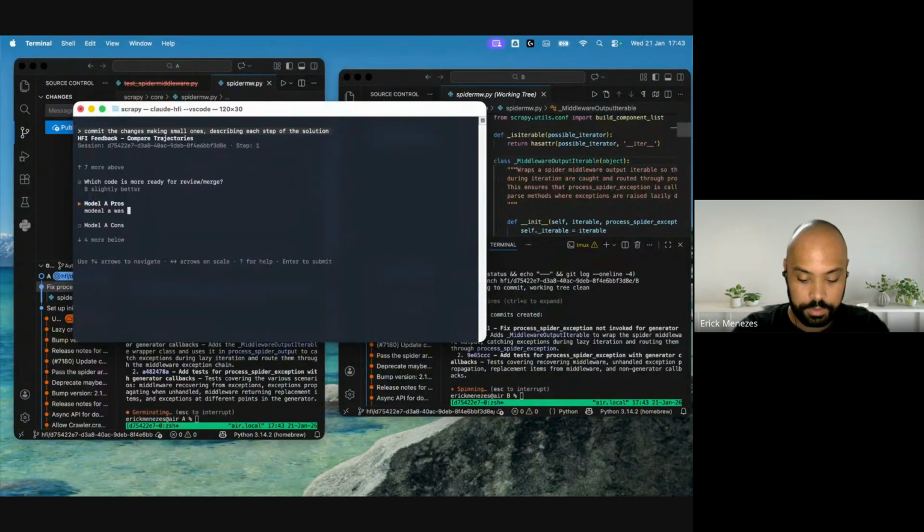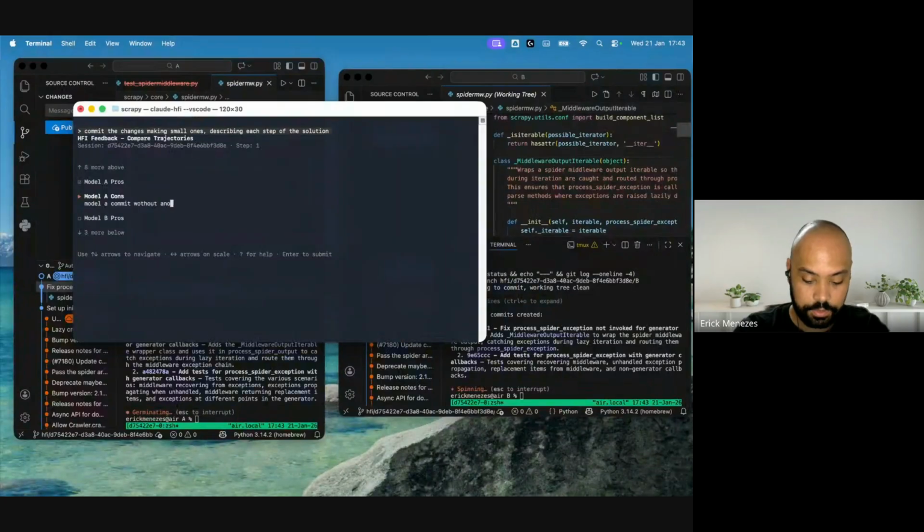Model A was slow. Model A committed without setting the user.